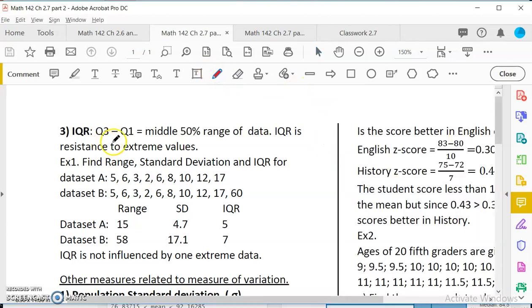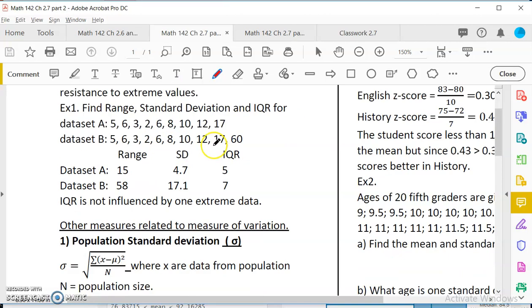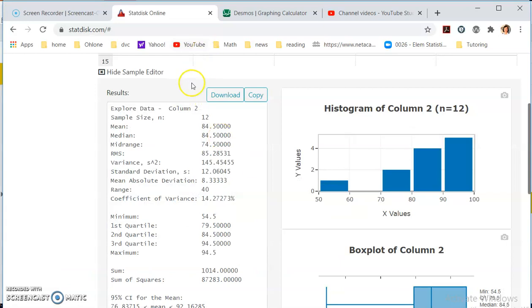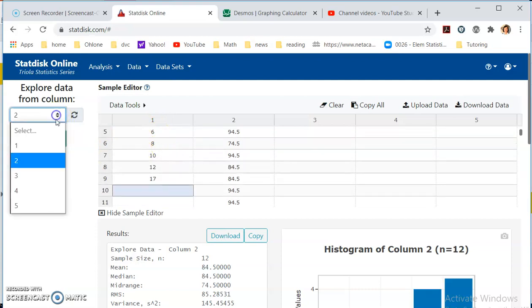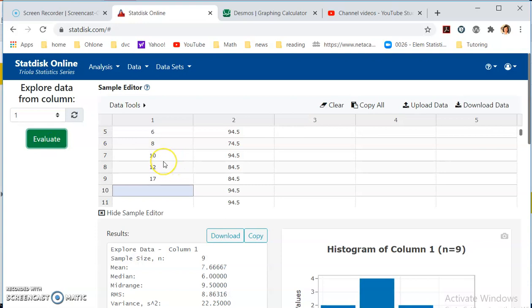This particular one is not very popular actually, but it is useful because it is resistant to extreme data. So let's just do an example. I have A, which is 5, 6, 3, 2, 6, 8, the list of data that we had last time. And then I have one that is 60, really far away. So if we go to StatDisk, I think column 1 has this data. If I evaluate column 1,